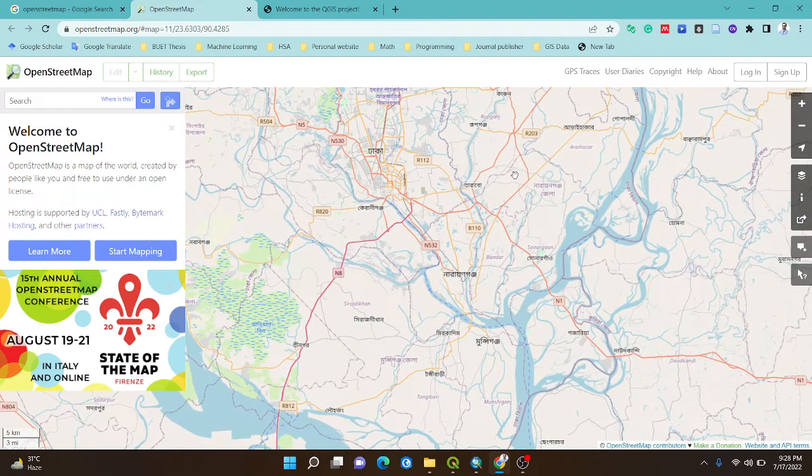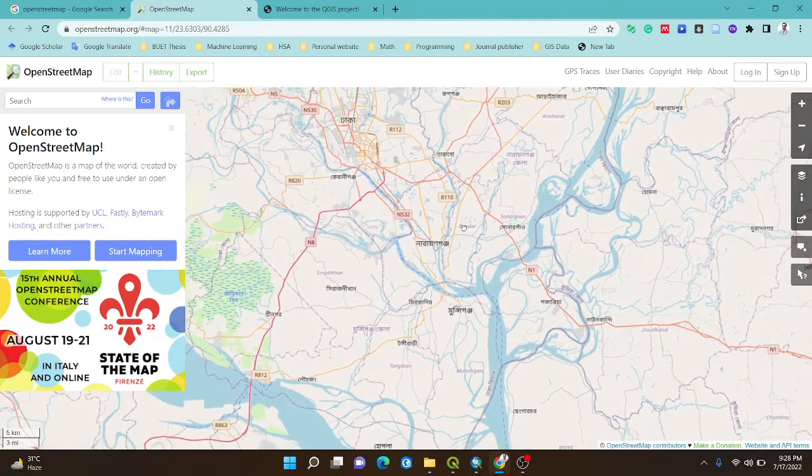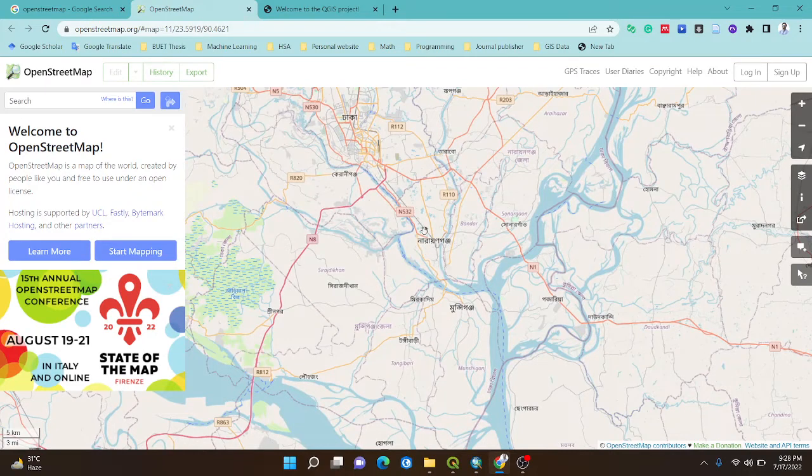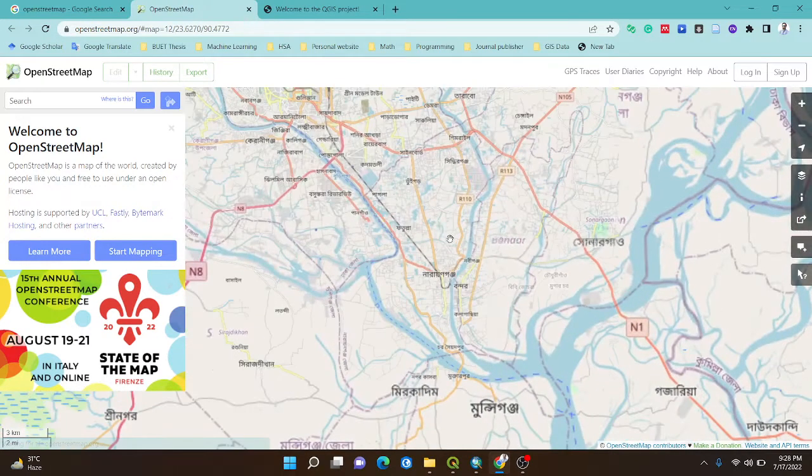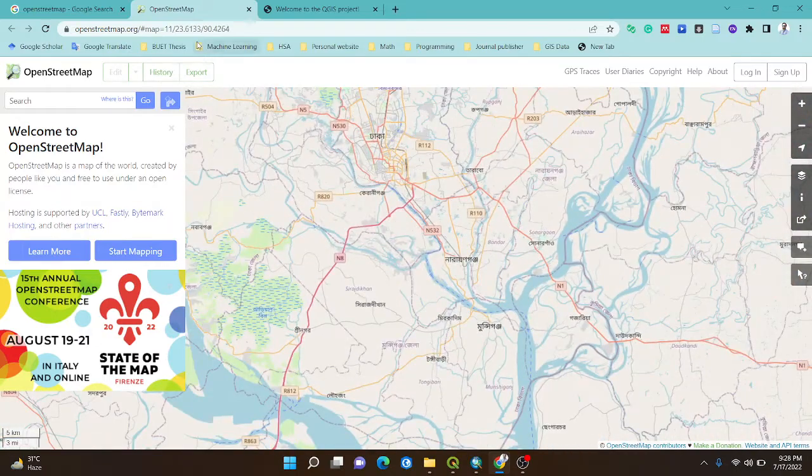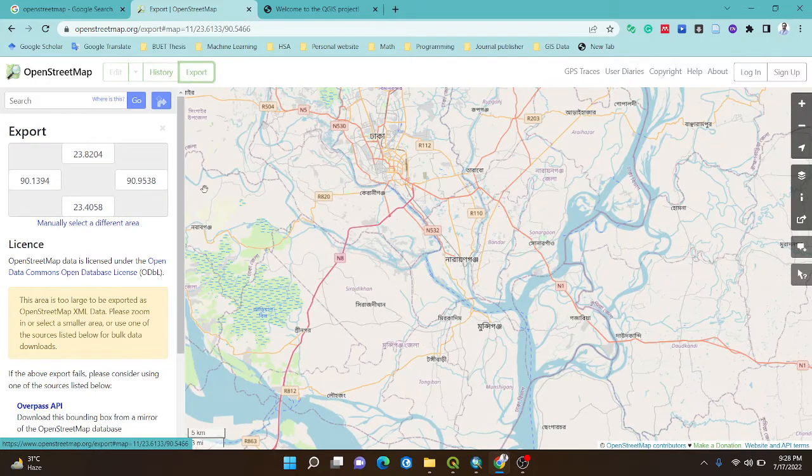First of all, I need to zoom out to where I need to collect this data, and select which data I need to collect. I am trying this area around Narayanganj Sadar Upazila. So I just select this area, click the export button, and in here